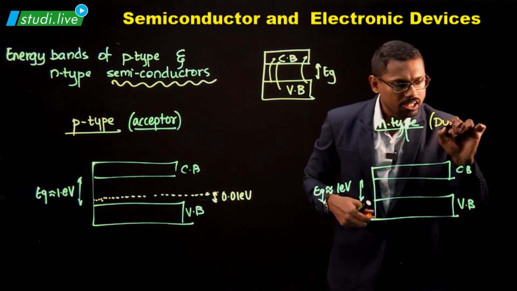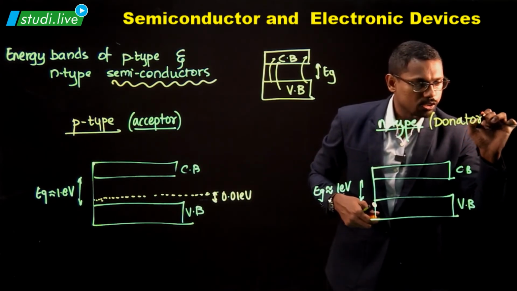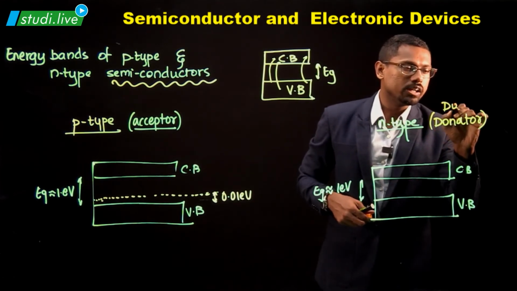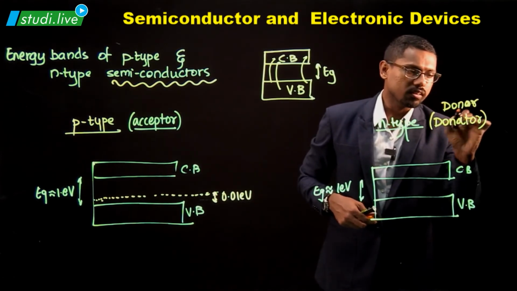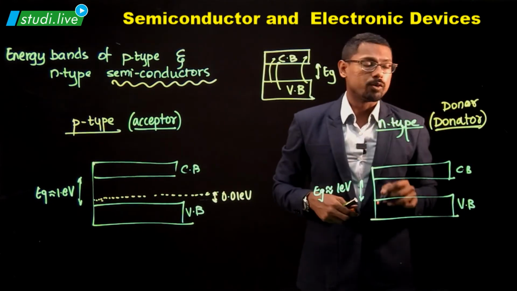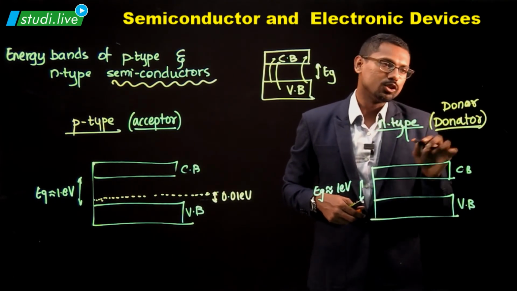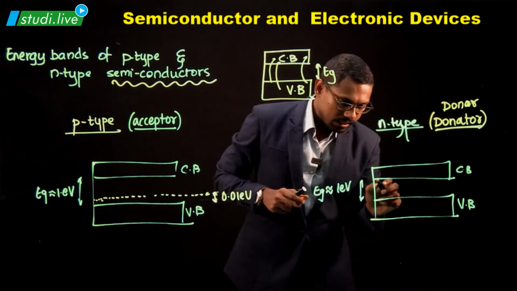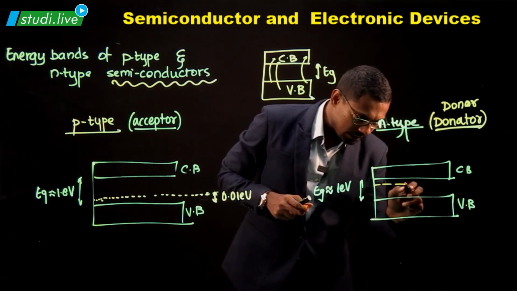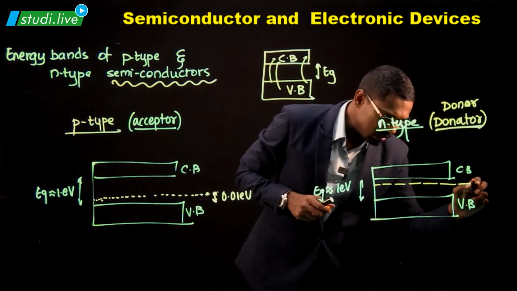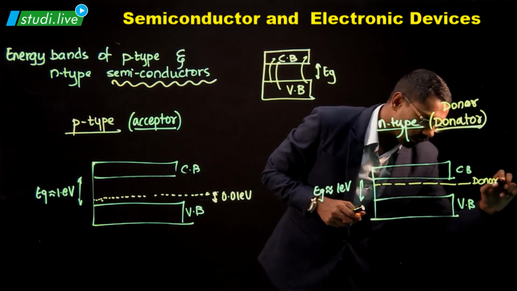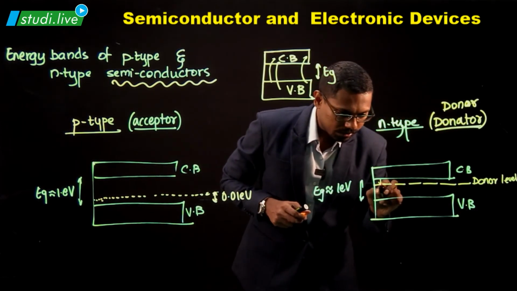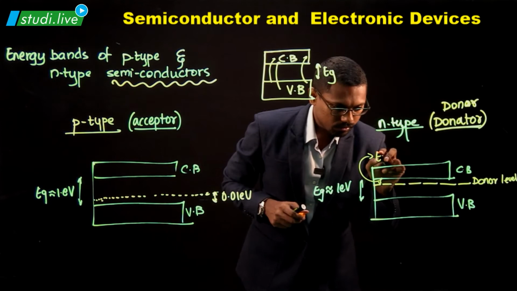Since it's about a donation, the impurities are called donor impurities, and this type of semiconductor is called a donor type semiconductor. Okay? What happens over here is there's an energy level that is created over here. This is called the donor level. The energy gap that this donor level creates is equal to ED,